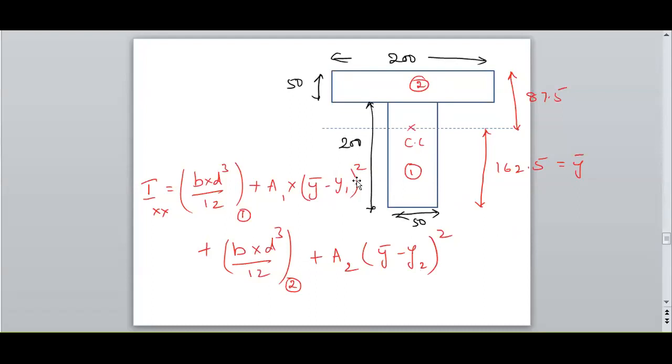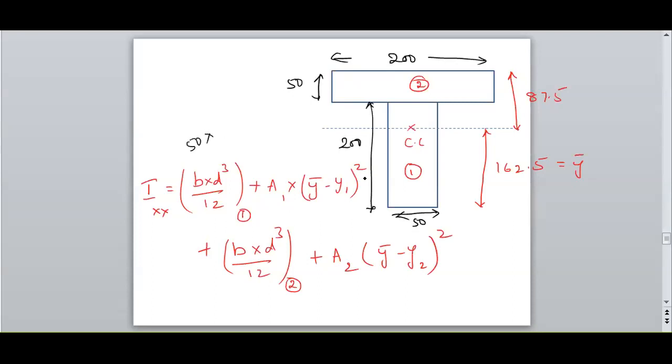So y1 is 75 and y2 is 225. Y bar we have calculated, and A1 and A2 we have calculated. B of the first cross section is 50,